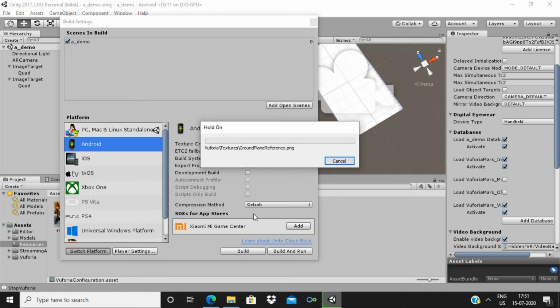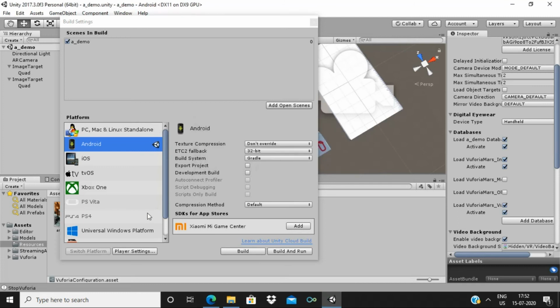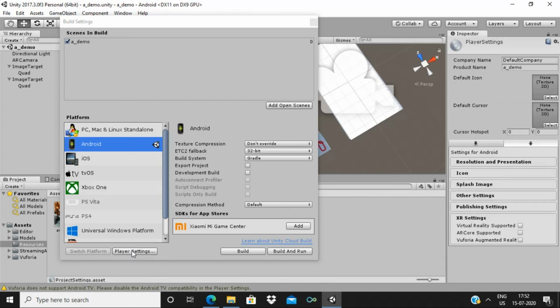If you are going for iOS, you can click on iOS here, but I am going with the Android one now, so I have clicked on Android. Yeah, it is done.